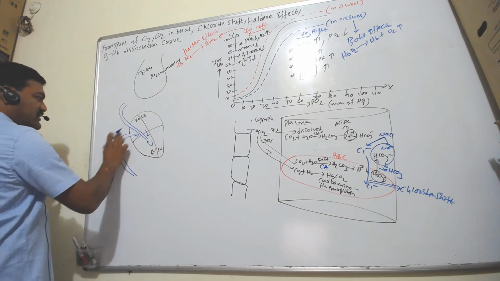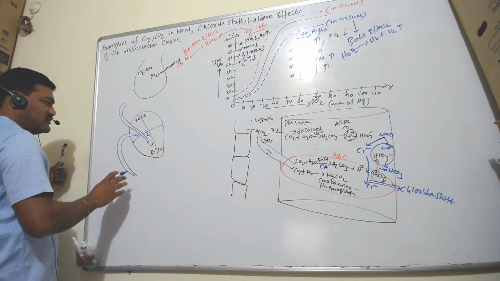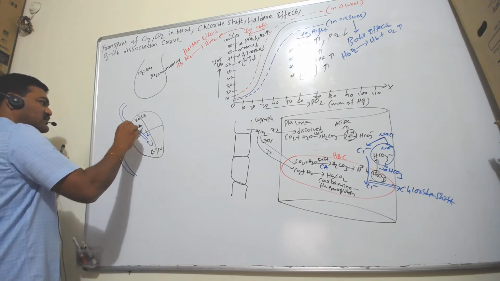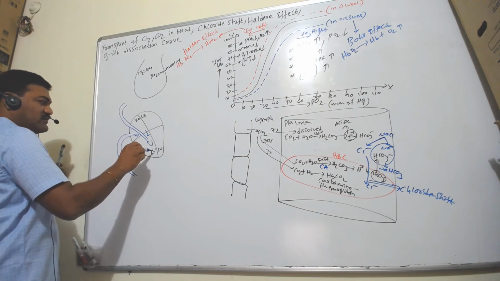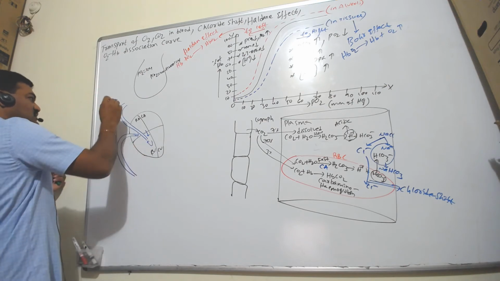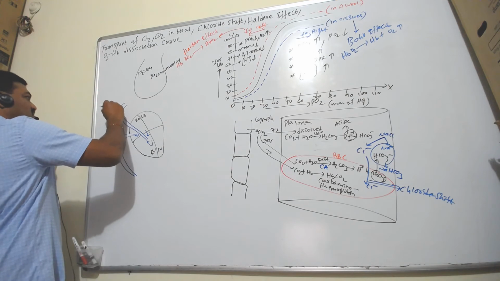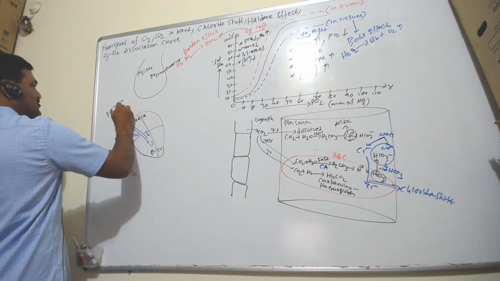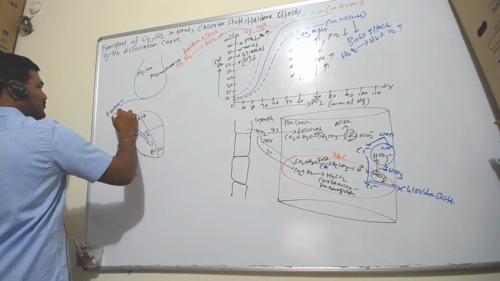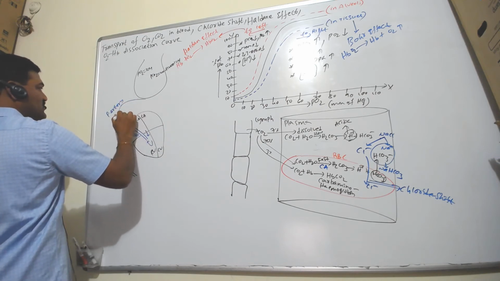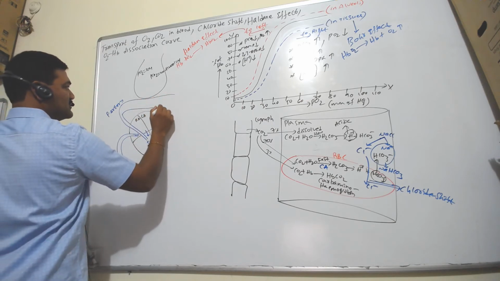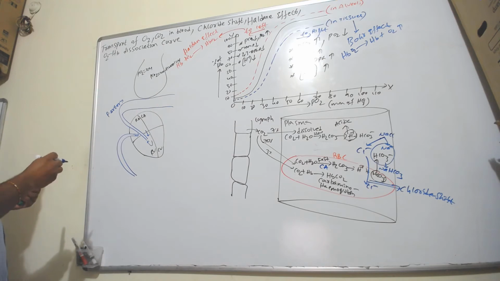So these are the systemic veins which bring the impure blood to the heart, the deoxygenated blood, like superior and inferior vena cava, which comes to the right auricle. From there, through the tricuspid valve it goes down into the right ventricle, and from there the impure blood goes into the pulmonary artery. This is the pulmonary artery, and from there, the blood goes to the alveoli. Purposely, I'm showing you here the blood vessel in a large diameter. I want to show what's there inside the pulmonary artery. So one thing, remember,